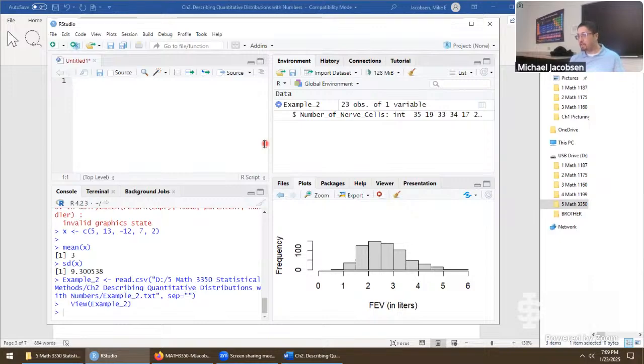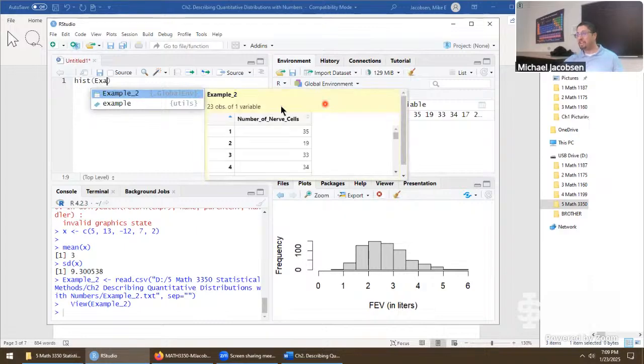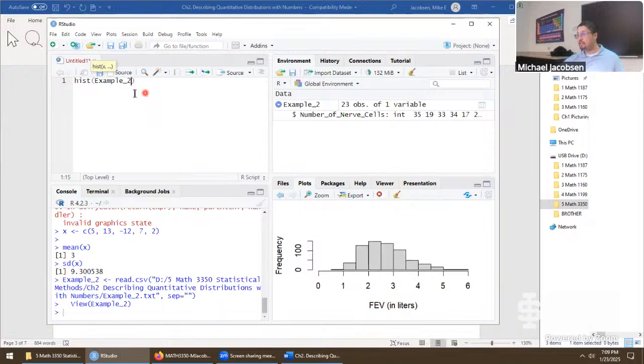Okay, so a great function, just go hist for histogram. My data frame is example2. You could rename this to something more convenient rather than just leaving a default if you prefer. Let me type it in carefully by just putting in a few letters and then hitting enter on the right option. Again, everything here is important. If I forget the underscore here, I'm not going to have the right thing. We need to access the number of nerve cells.